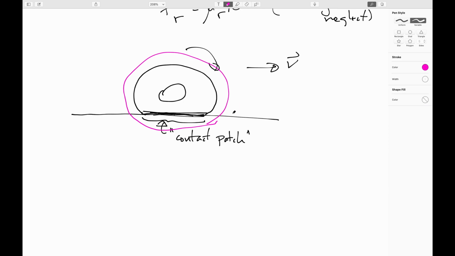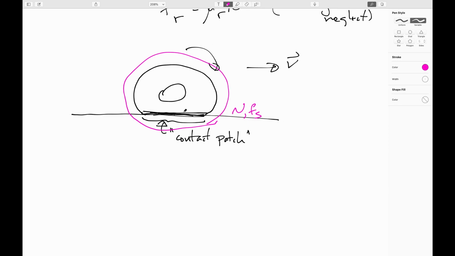It's going to be the same deal. There's a normal force here. There is a force of static friction. And the reason it's static friction is because these surfaces aren't moving. They are stationary. It's only if you're skidding out that it's kinetic friction. These surfaces are stationary. In fact, as the tire